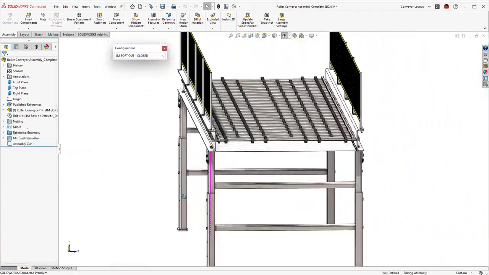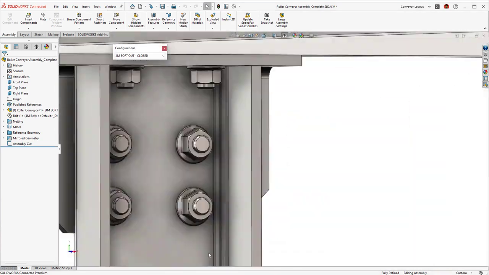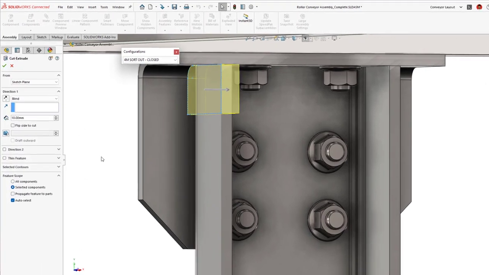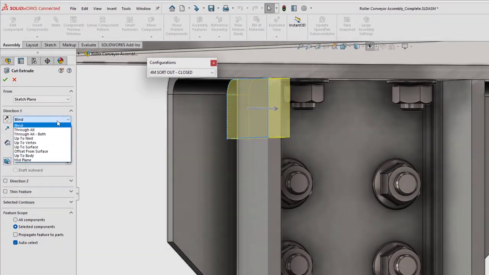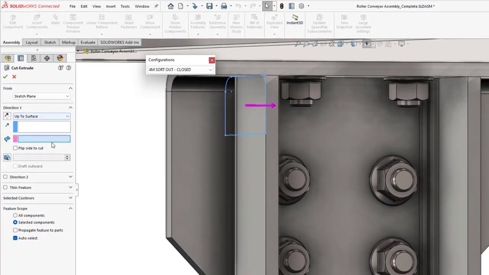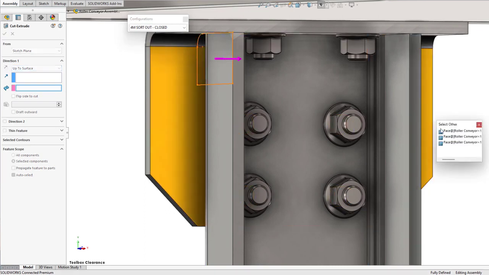To allow for proper assembly of the manufactured model, an assembly level cut will be needed to assist in accessing some key fasteners. New in SolidWorks 2023, assembly cuts include the same end conditions as seen at the part level, expanding flexibility to your design intent. In this case, adding an up-to surface will automate the exact cut depth regardless of any changes to the conveyor's